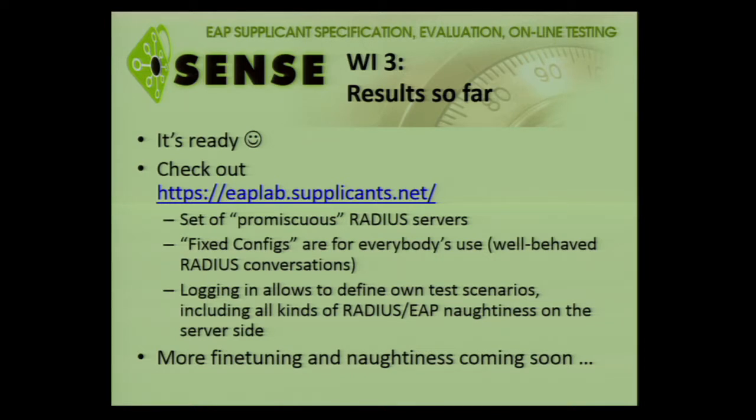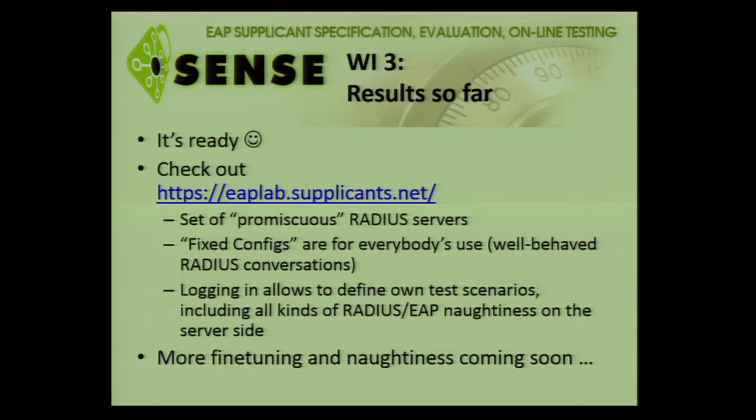And if you don't want to bother at all, we also have a username and password to authenticate to on that same web page. So you just don't have to interact with the site at all, except for reading what's up there, and start connecting to the EAP-Lab. If, however, you do choose to log in, then you get more of the fanciness.